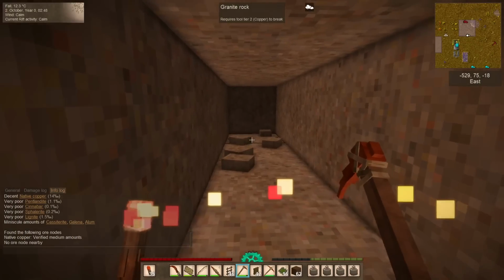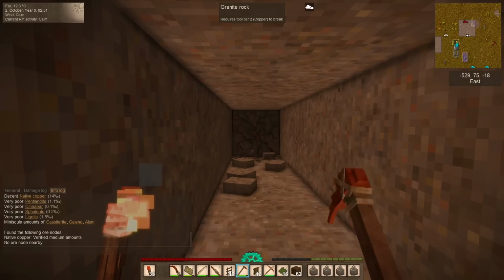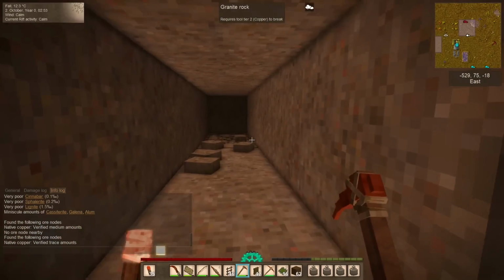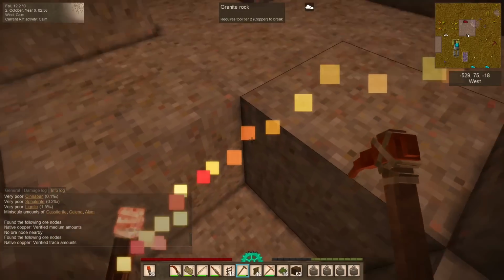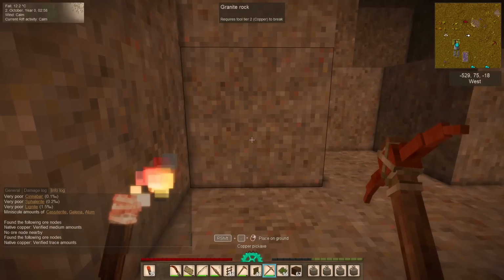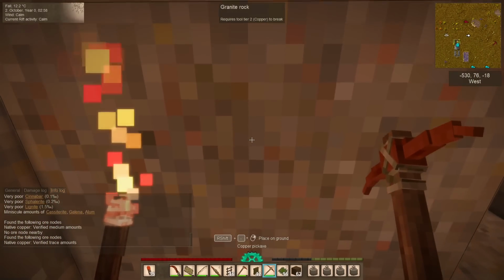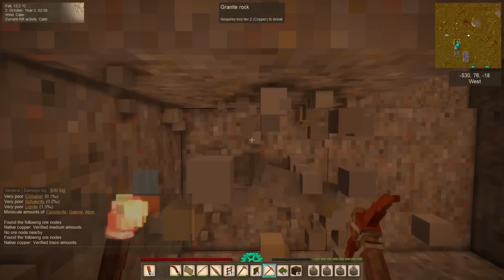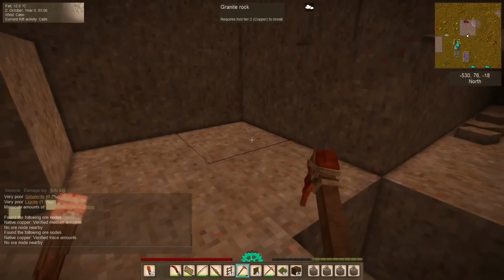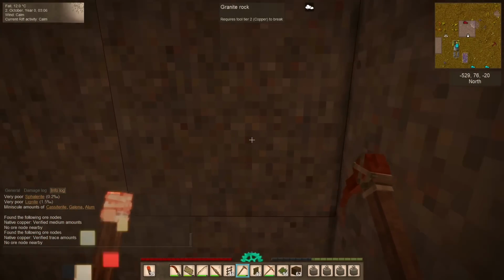We have no ore node nearby. We have trace amounts, so moving that way we have less copper than we had right here. So then we start the other 2 directions. We're going to go back this way, and I'm just going to sit here and we'll mine 4 blocks from here. And on the 5th one, we take our test. No ore node nearby, and then over in this direction,